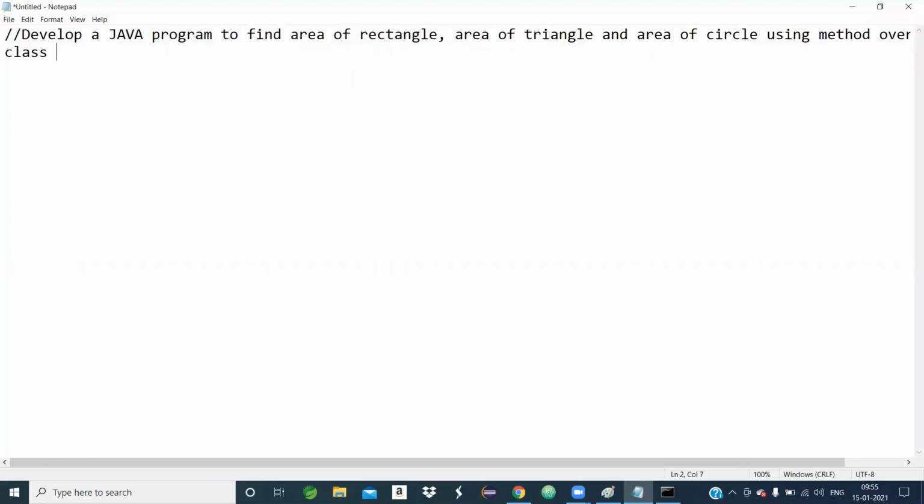Suppose class Areas. Another example I am showing. So we have three tasks. I will find the area of a rectangle, area of a triangle, and area of a circle. That program I will develop using the concept of method overloading.